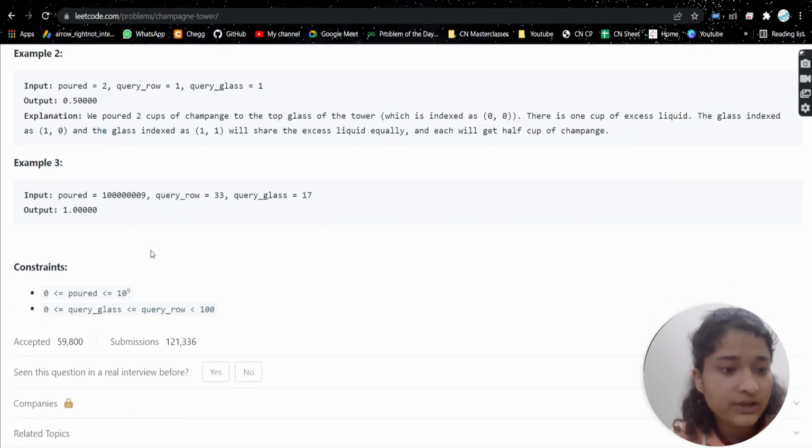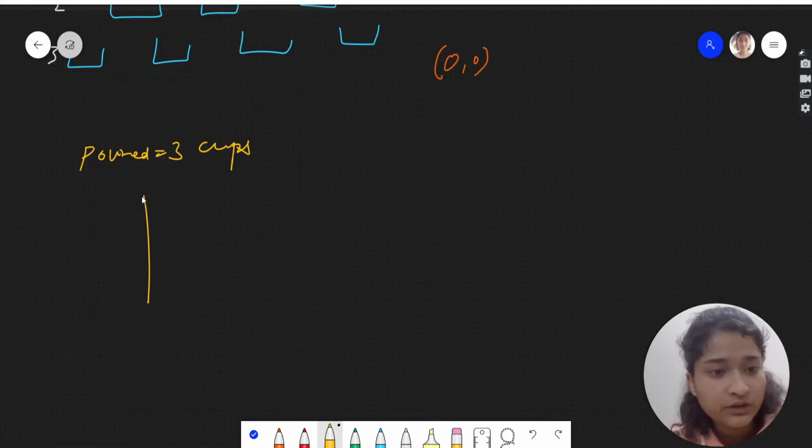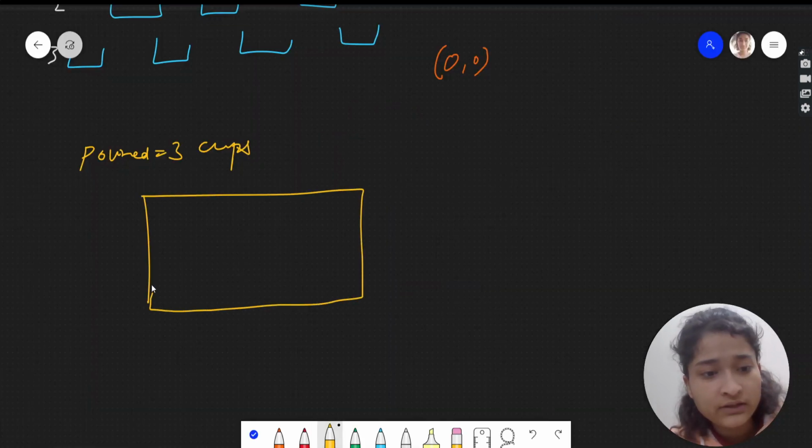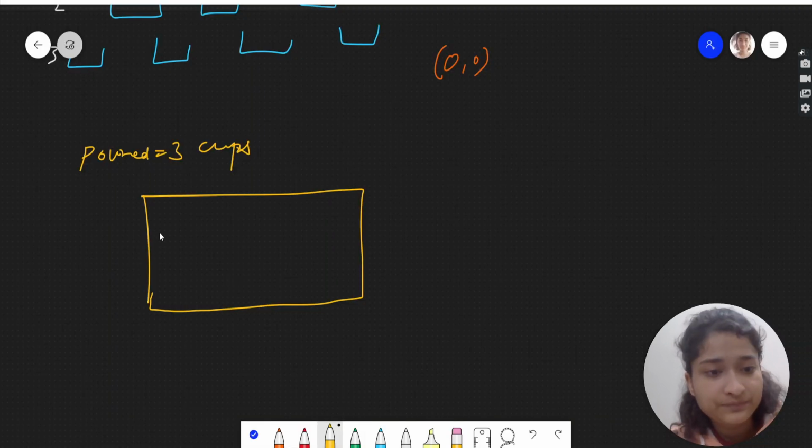And guys, in the question, in the constraints, they have mentioned that the number of maximum rows could be 100. Fine. So there will be maximum 100 rows. That is these glasses rows. These 1, 2, 3. These will be maximum 100. So I am making this kind of